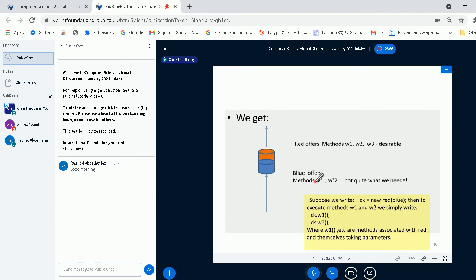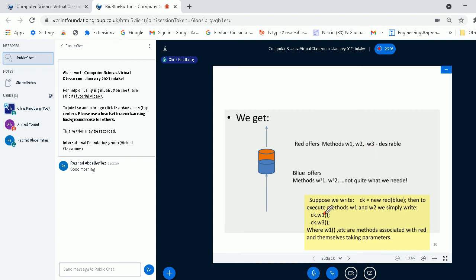So a question is, supposing we write CK is the composite of blue, red with blue, then to execute methods W1 and W2, all we need to do is to write CK.W1. So this is CK, and that's going to offer us methods W1, W2, and W3.